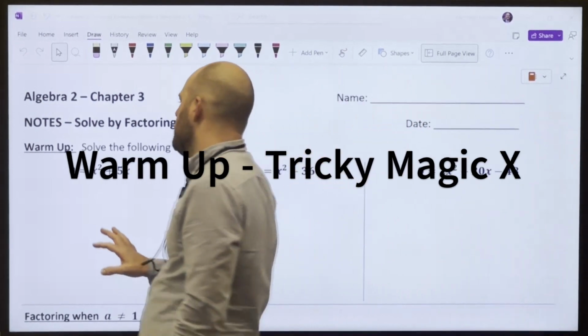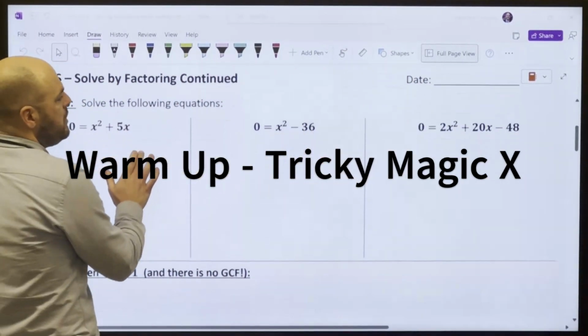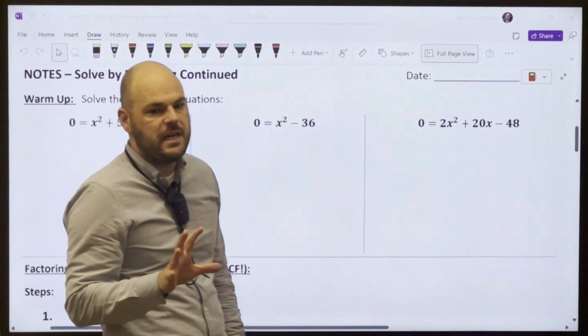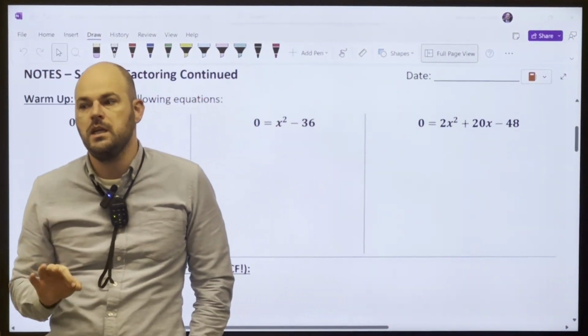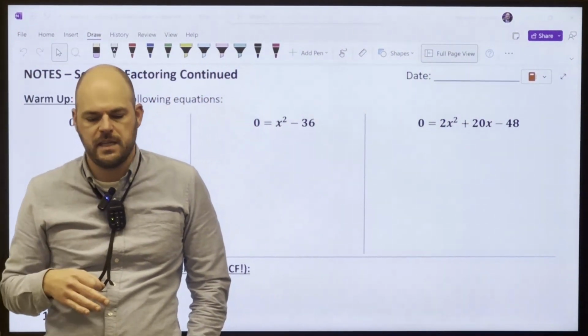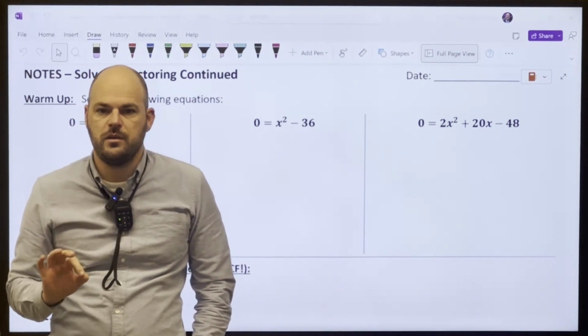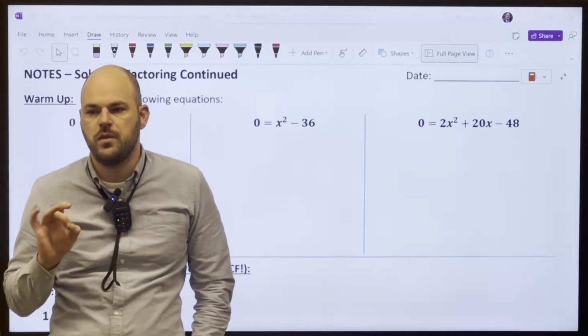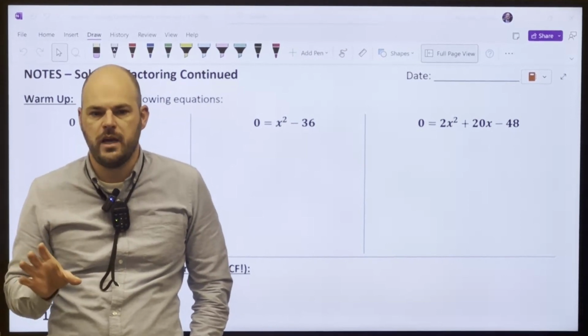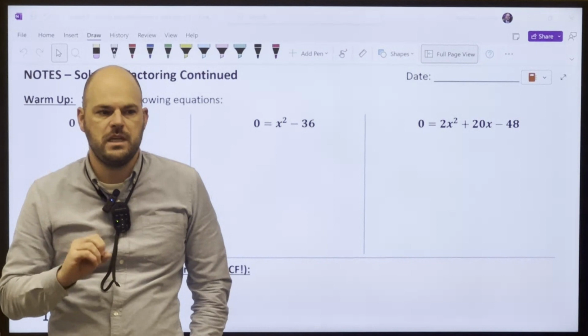So for your warm-up, each one of these is something you can do with what we learned yesterday, but each one of these is a little tricky. Last class. Each one of these has a little trick to it. They're not straightforward, right? So you need to think about what's missing, what's the trick, and then proceed from there,